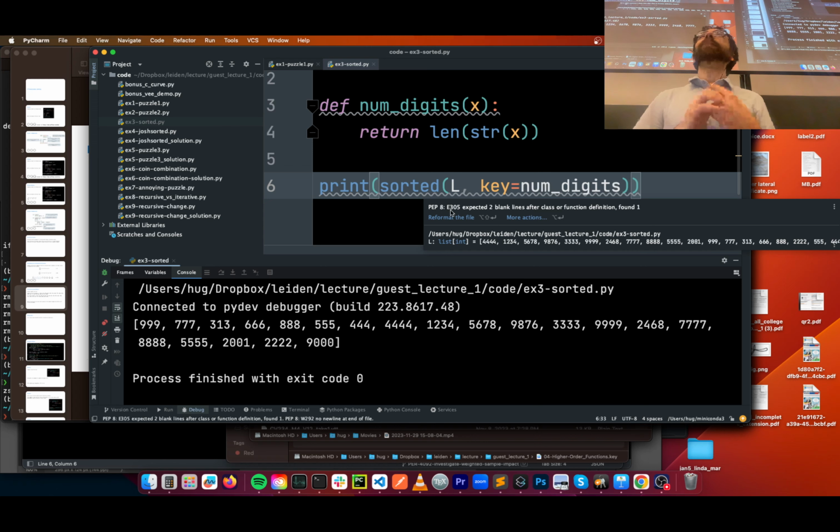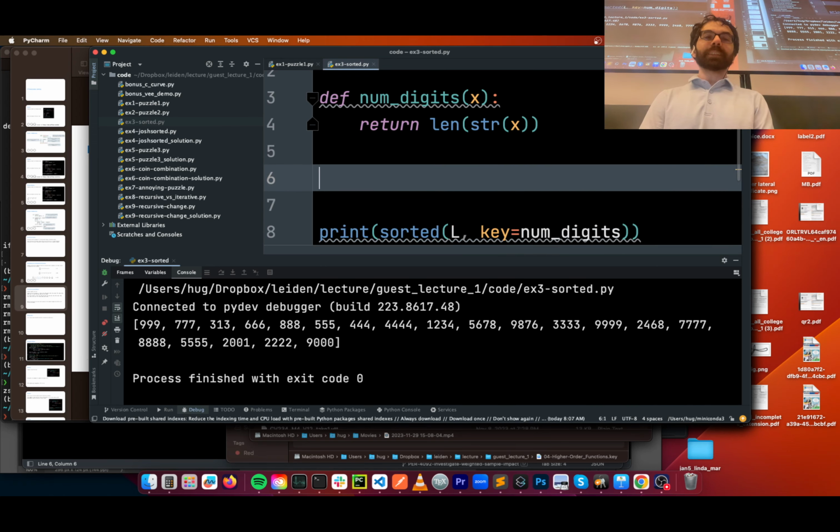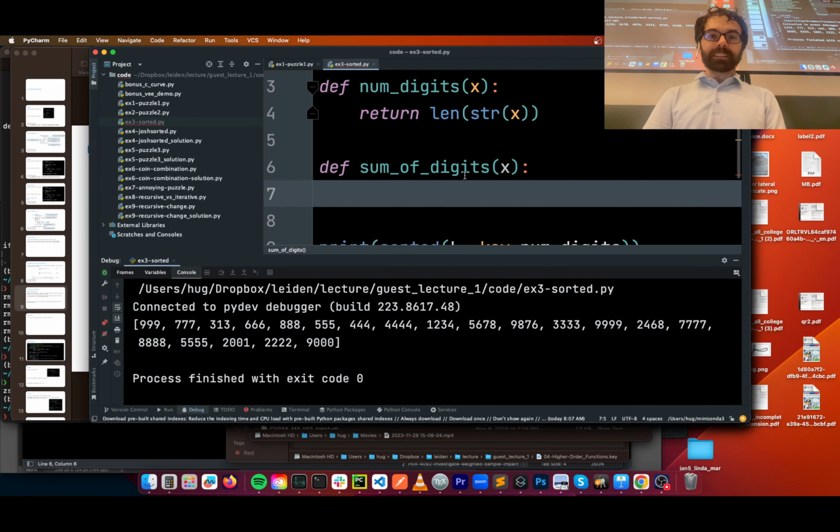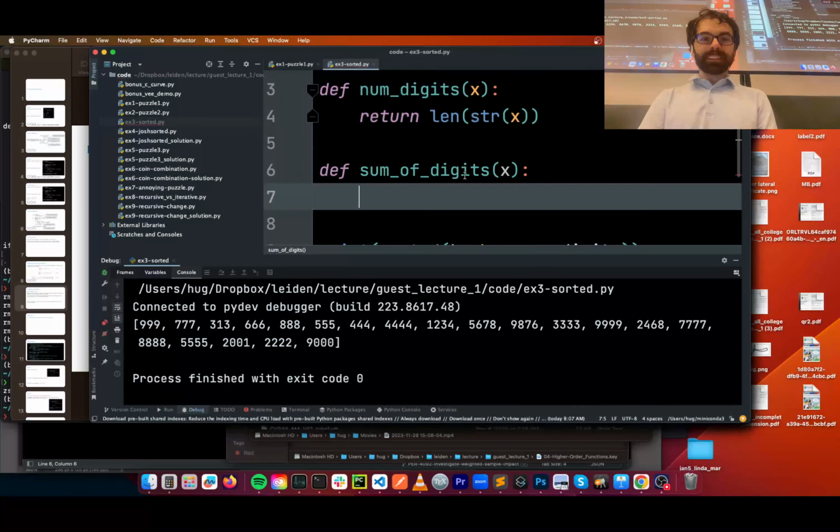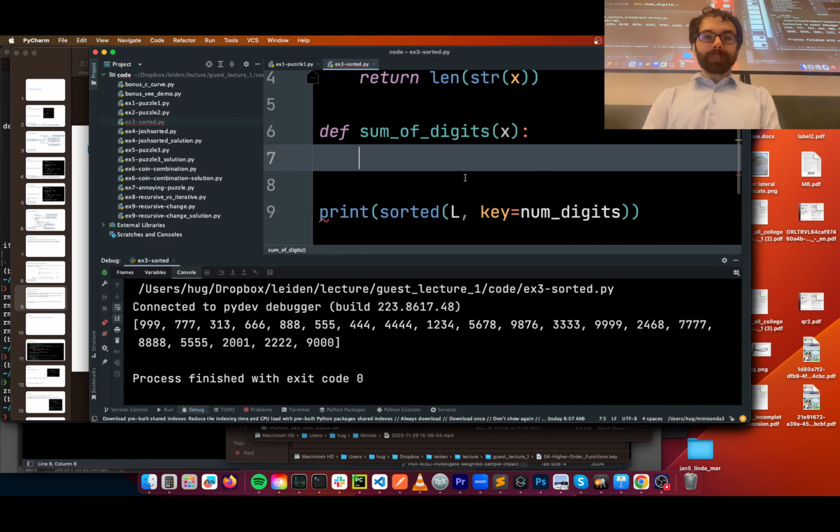Okay, give me another way to sort numbers that's different, just because we can. Sum of the digits. That's a good one. Okay, how do I do that? Let's see. That's when I might do the loop thing. How do I want to do the digits? Do I really want to divide by 10 and everything? Maybe. I'm going to try it.